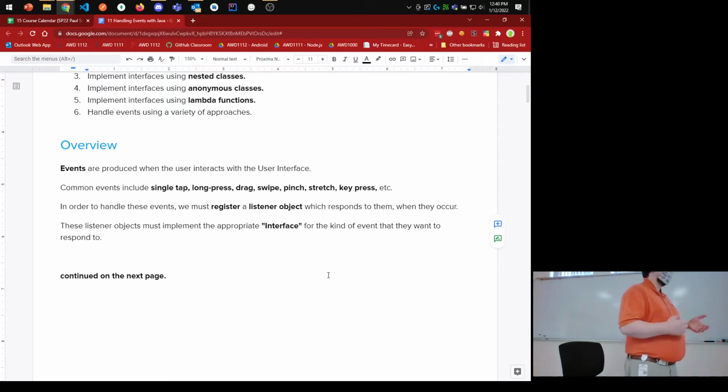So in order to register a handler for these events, we have to register what's called a listener object. We've got to create and provide a listener object which is going to respond to that event. That's the terminology that